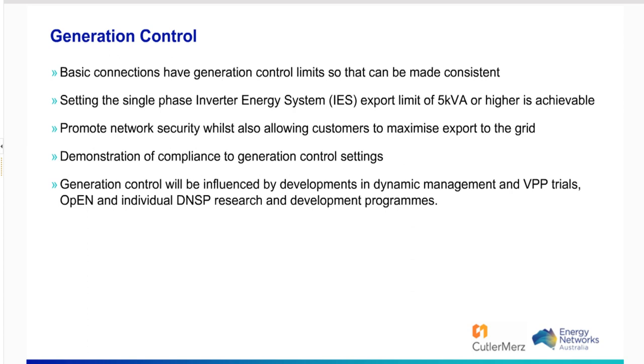Generator control was another theme that came through in the feedback. And there's really a sense of looking to balance these and navigate through the different network topologies, the different after diversity maximum demand planning requirements that have been translated into operational limits within the networks across Australia, that captured quite a bit of robust discussion and challenge in leading to what the generation control parameters are, what the export limit of 5 kVA or higher actually means, and what it means for those who may actually, in terms of NSPs, push the barriers of that and go higher to be allowed to be able to do so,